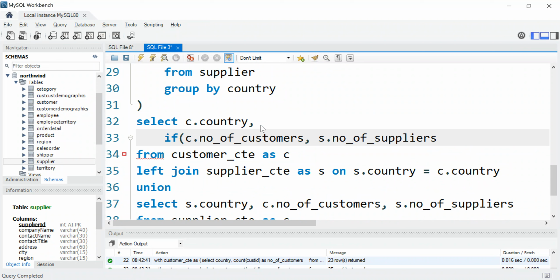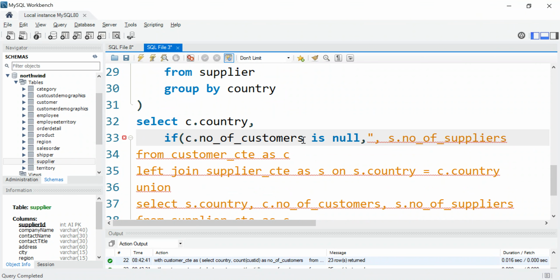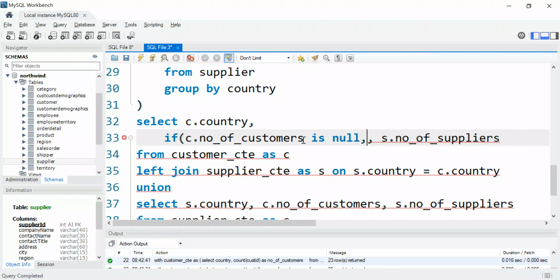So we say if c dot customers is null, then we go 0, or else we add c dot number of customers,